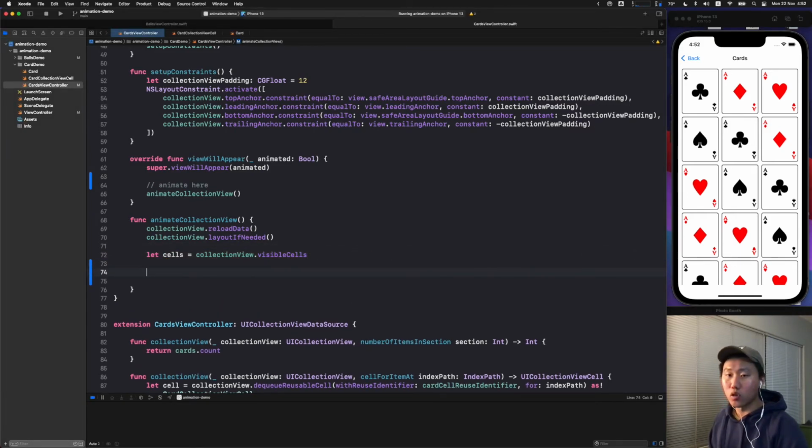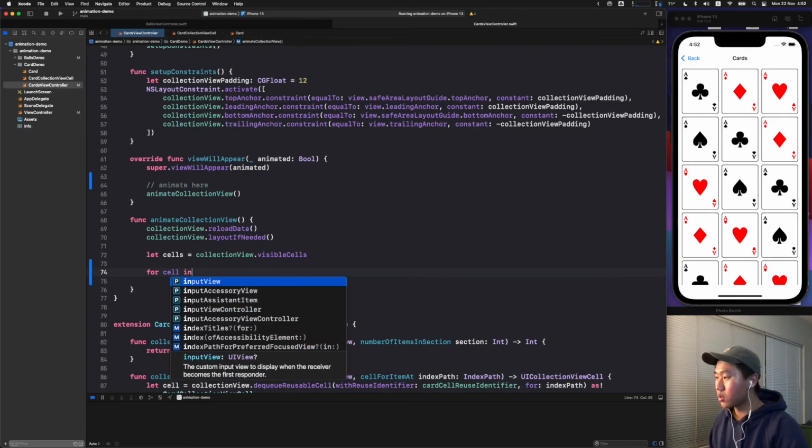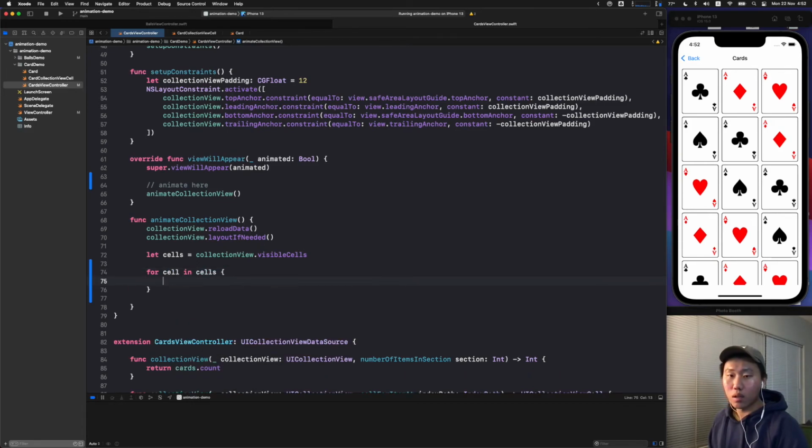So I'm going to loop over all the cells. So for cell in cells, cell.transform equal to CGAffine